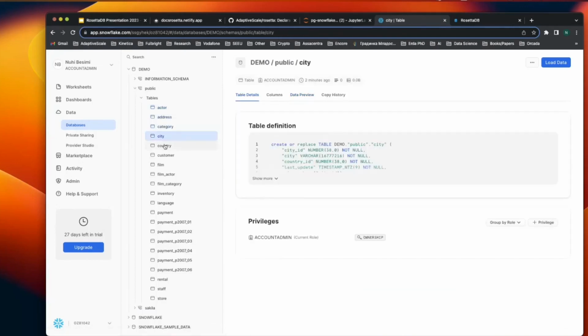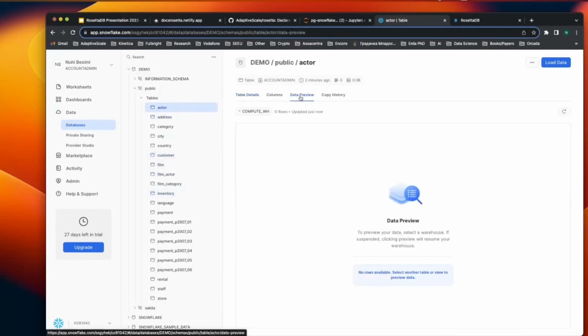They have the schemas. They are created under the public schema because that was the schema that we used in Postgres, and we did not modify anything in model.yaml because we wanted to have a real one-to-one mapping on what we have in Postgres. So this way now we can go ahead and verify that all the tables are okay. If I go under data preview, we don't have data,